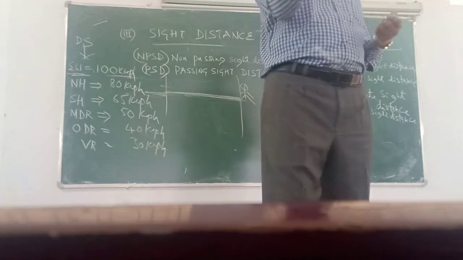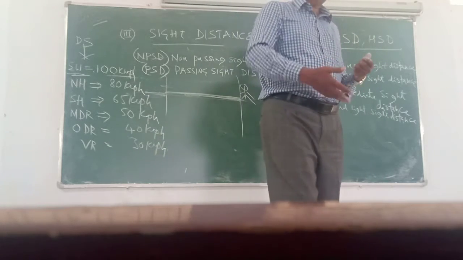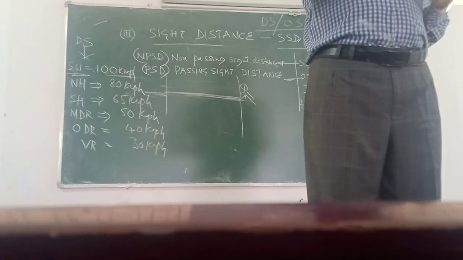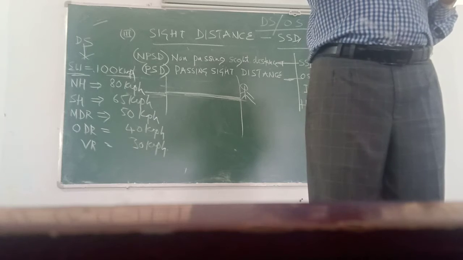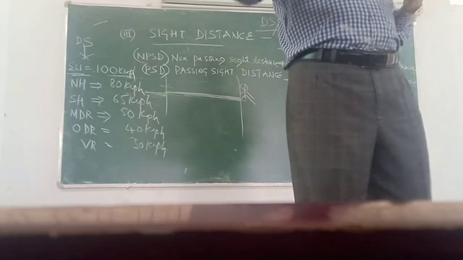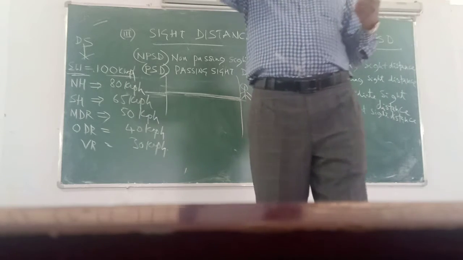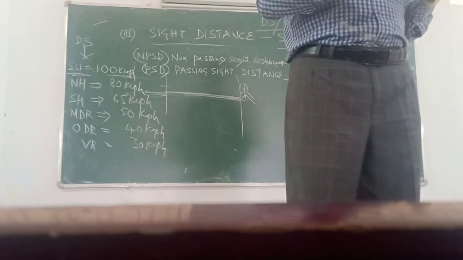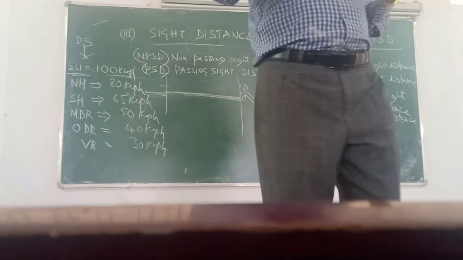I think I have given you an example. Operating speed is when the vehicle is going, even on the national highway. The speed may start at 40 or 50 km/h, then increase to 60, then to 80 km/h. Suddenly the speed reduces from 80 to 60, or suddenly from 80 it increases to 85 or 90, whatever. So this is known as the operating speed.